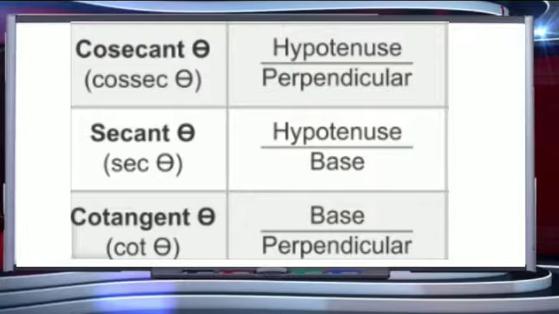So likewise, you have learnt all the 6 trigonometric ratios and the relation between them. As we have seen, cosecant is the reciprocal of sine, secant is the reciprocal of cos and tan is the reciprocal of cot. So students, your today's homework is just to revise all these 6 ratios and the relation between them. Tomorrow we are going to start with the next exercise, that is Exercise 8.1.